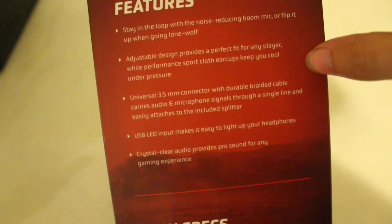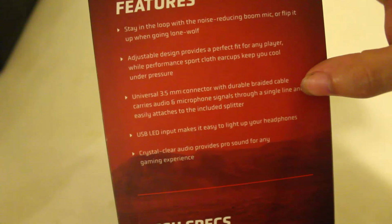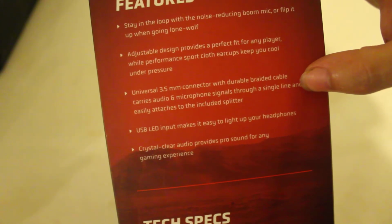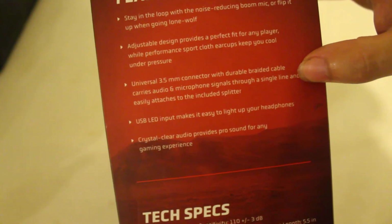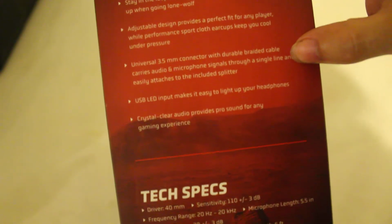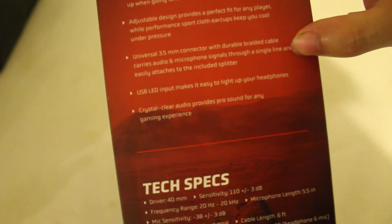Adjustable design provides a perfect fit for any player, while performance sports cloth ear cups keep you cool under pressure. So I don't know what they mean by keep you cool under pressure. Does it mean that there's enough room to allow airflow so that your ears don't get all hot and sweaty when they're that close to your ears, and you're playing a good game for like an hour